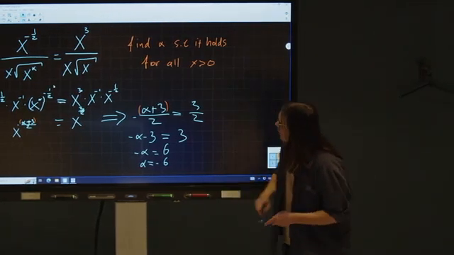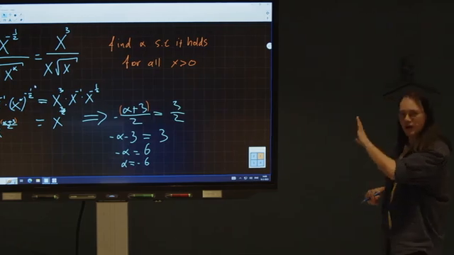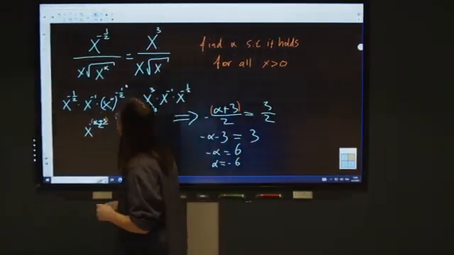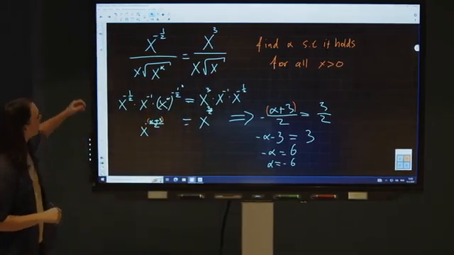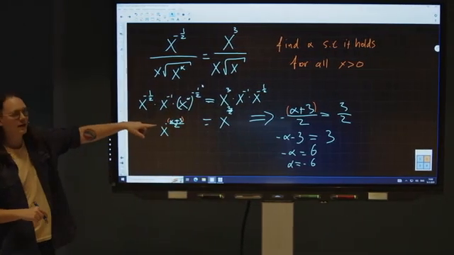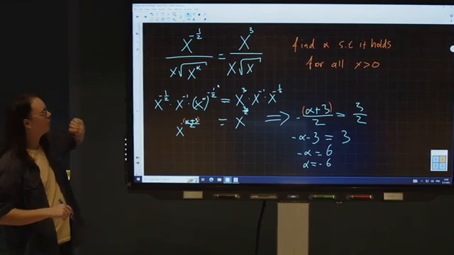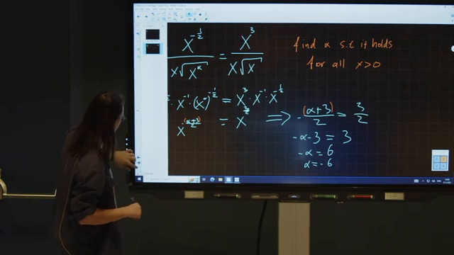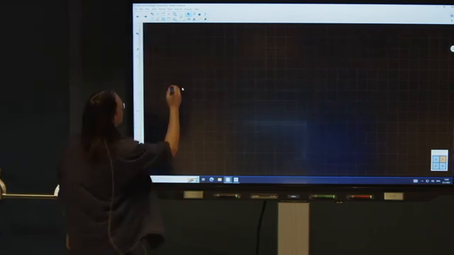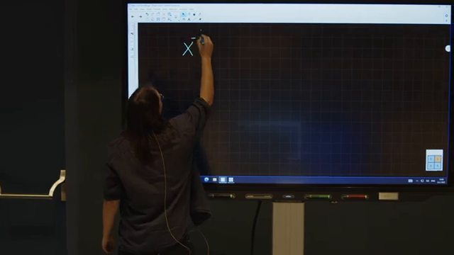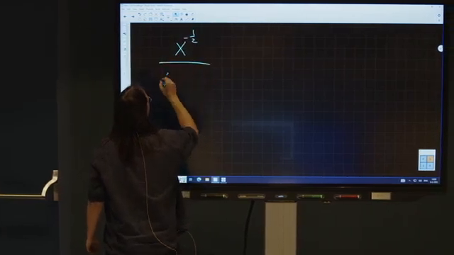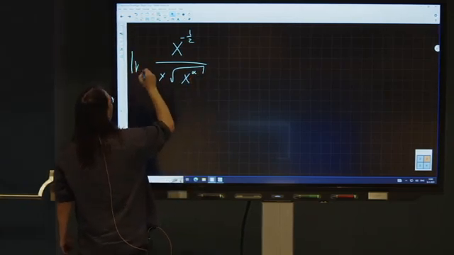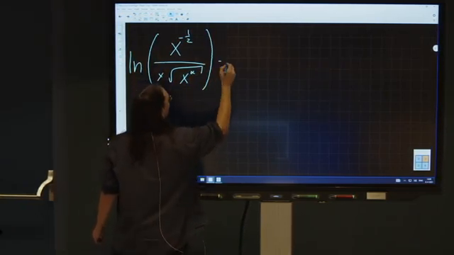All right, so there was one more thing I wanted to show here. So this is one way of going about it. It's a perfectly fine way. But just to get another topic under our belts here at the beginning, I also wanted to show that you can get that equation by applying a logarithm to the whole thing. That's mostly for fun. I'm going to take a new page. We can apply logarithm to this entire thing,